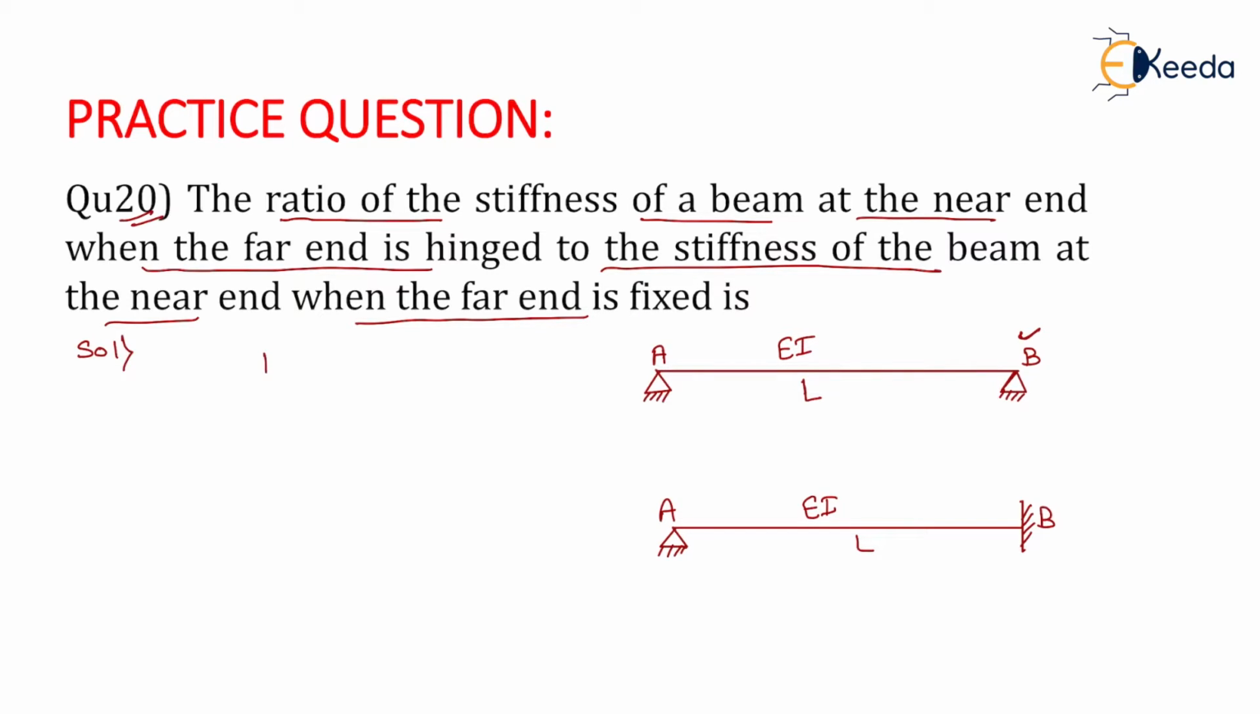the stiffness of that member will be equal to 3EI by L. And when the far end is fixed, the stiffness of that member will be equal to 4EI by L. Now we need to determine the ratio of the stiffness of a beam when the far end is hinged to the stiffness of the beam when the far end is fixed. So the required ratio will be equal to